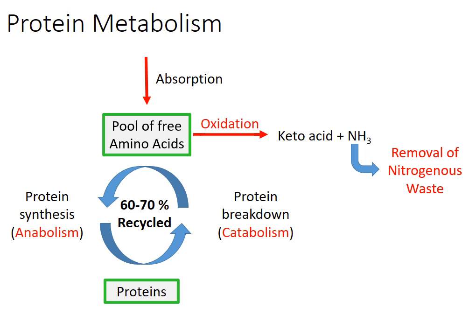Protein metabolism consists of a cycle of breaking down proteins, synthesizing new ones, and removing nitrogenous waste products that are a result of these reactions. The amount of protein needed to balance this cycle changes throughout an individual's life. For example, growing children who are creating new muscle and bone have higher protein needs than adults.